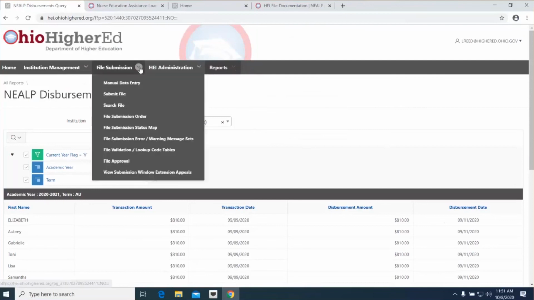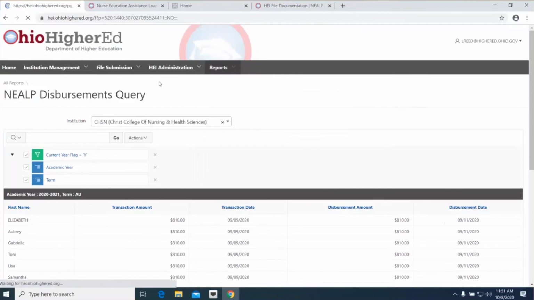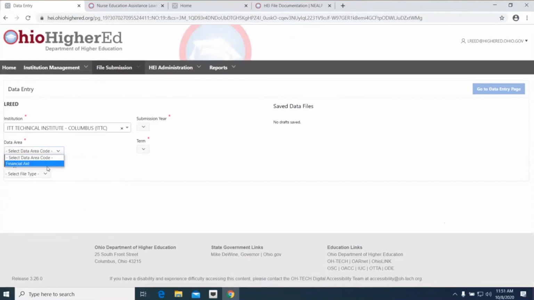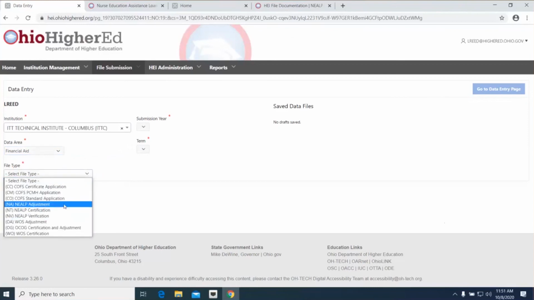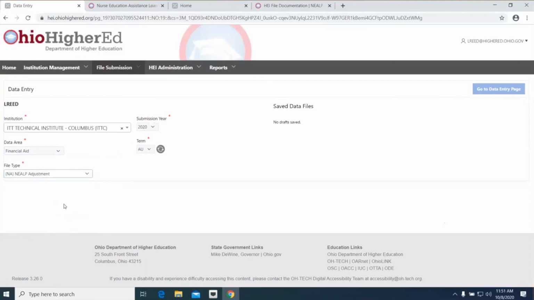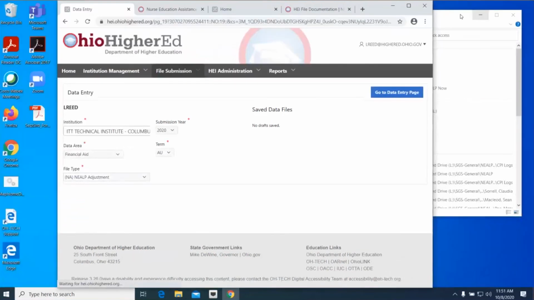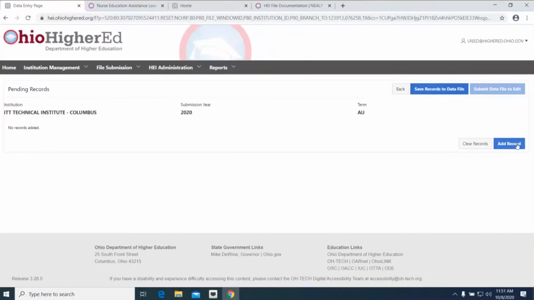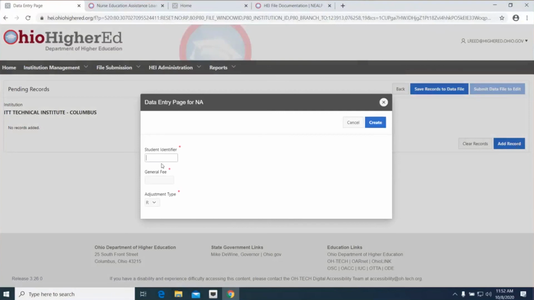Now, another thing for NEALP is the NA file, and the NA file is the refund file. You can use it for refund or for increase. So let's say that you submitted a file and you submitted it for 500, and actually the student was eligible for 540. You can come in here to the NA adjustment and you can indicate that you want to request that additional $40 that you did not request. We'll go record and we put the student's information